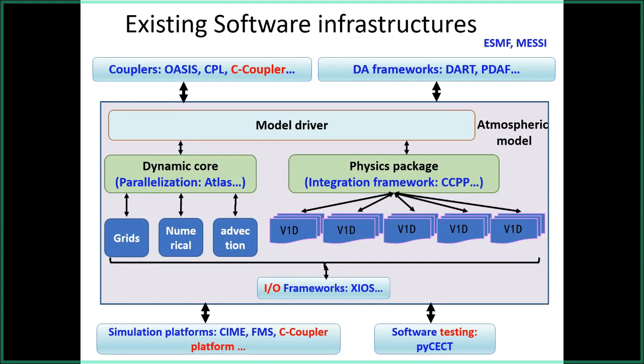Besides the coupler, which is important for achieving model coupling, we find that there are other kinds of software infrastructures, such as data assimilation frameworks for conveniently developing the data assimilation system, and some tools or libraries for model parallelization to conveniently achieve efficient parallelization of component